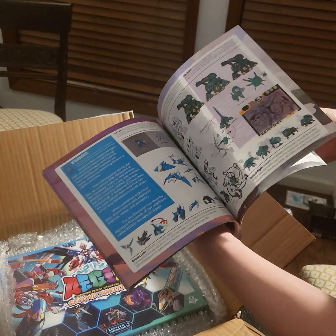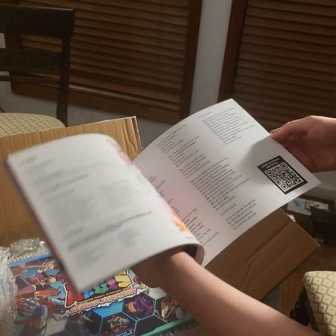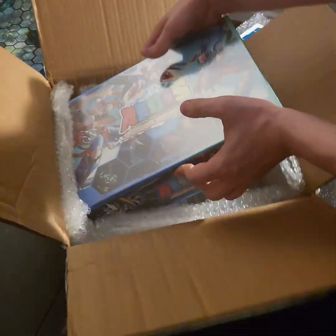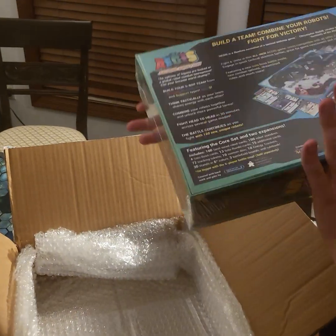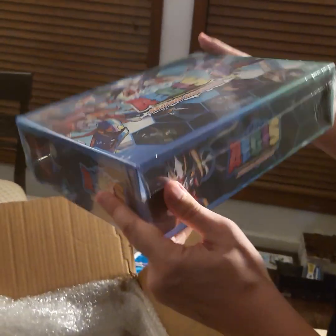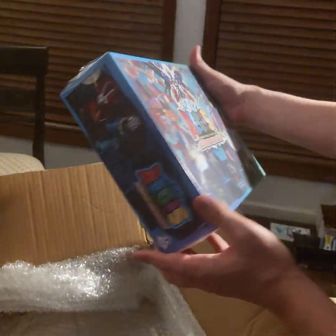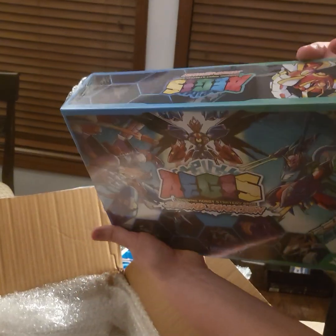Oh, lucky happy day. Look at this. So that's a big thing. And now we have a whole new Aegis proof front and back. Ooh. I didn't know they were going to do this. I thought I was just...